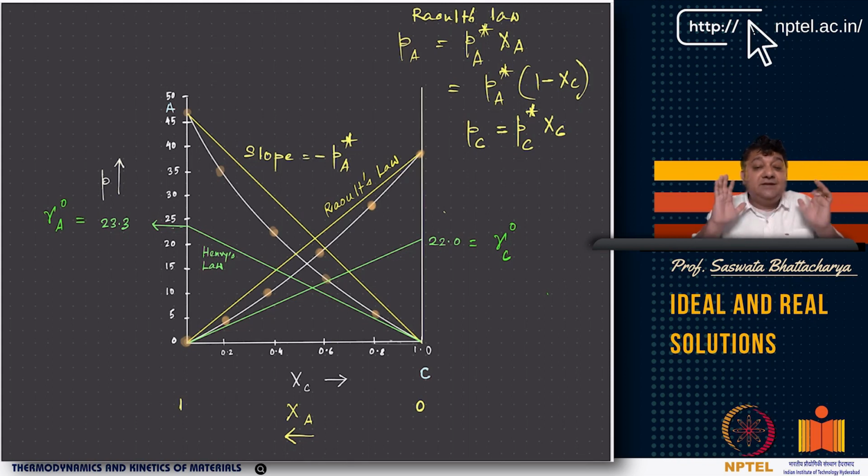So this is something that is often used in liquid solutions or solid solutions. But remember, the data points show deviation from ideality. So if you look at this white curve, it is deviated, right? It is showing a deviation from ideality. It can be a positive deviation. Here it is showing a negative deviation from ideality, right?